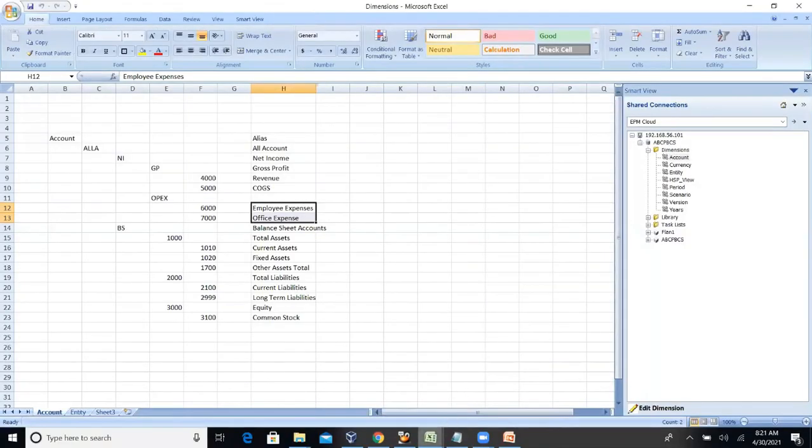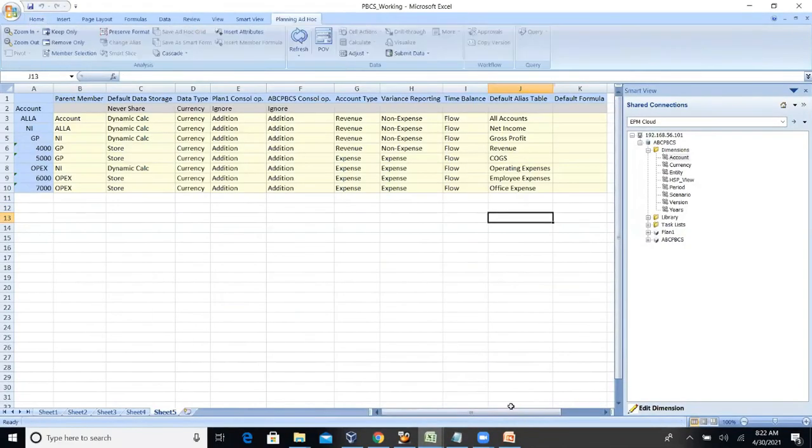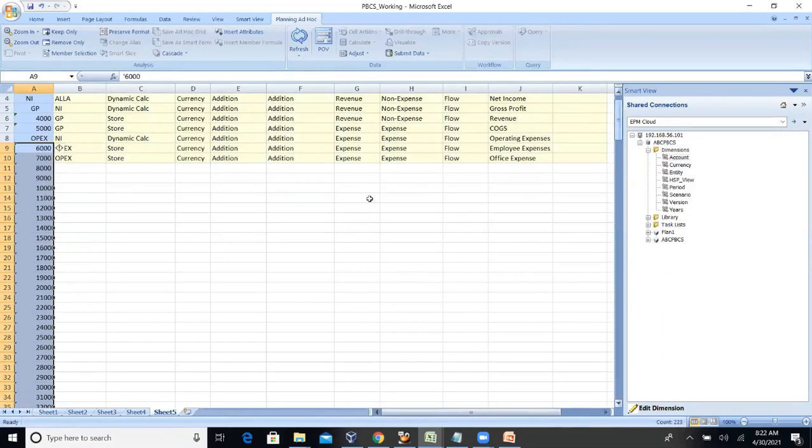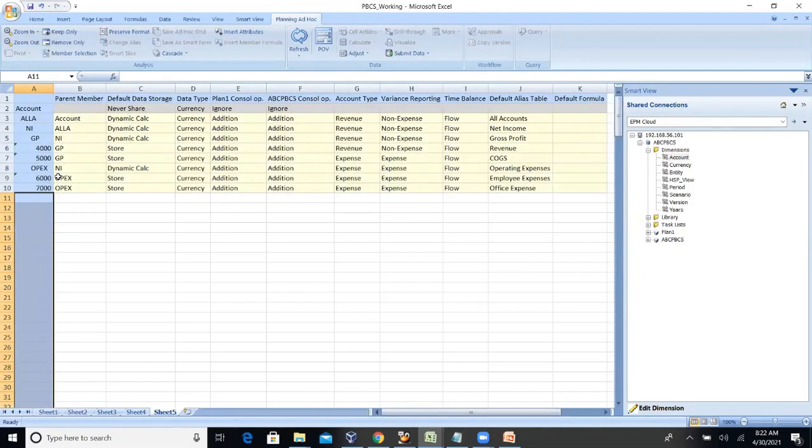Okay. In general, for example, in your requirement sheet, you have thousands of members. Just select all thousands of members here. For example, if you want to add so many members, if you have these members, we can directly add them into the PBCS application. So one time we can add it. That's not a big thing. Select here and just copy paste here. Okay, this is fine for net income.